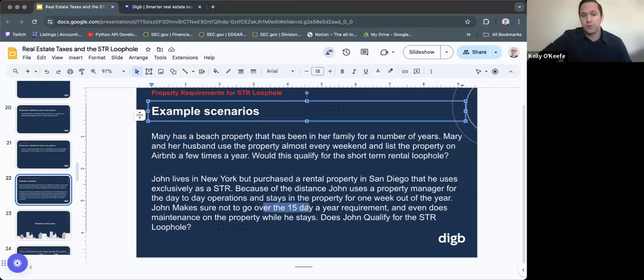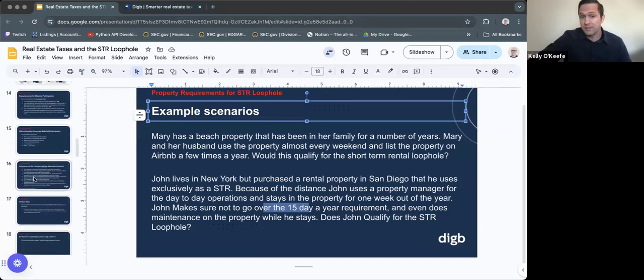So once again, the answer is going to be probably not. John's going to have a really hard time meeting the material participation requirement for this scenario. Reason being, he can't handle the day-to-day operations such as the cleaning and the landscaping when he's hundreds of miles away. That's why he's gone ahead and gotten a property manager. So unless he's doing something pretty extensive in those 7 days, such as a full property renovation, it's going to